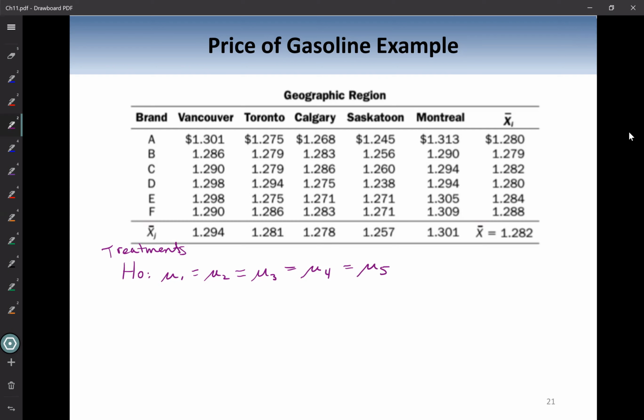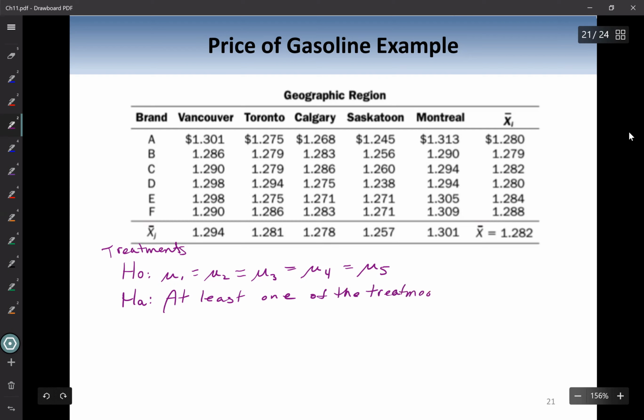And then that would be against at least 1 of the treatment means, I meant to say treatment means, is different